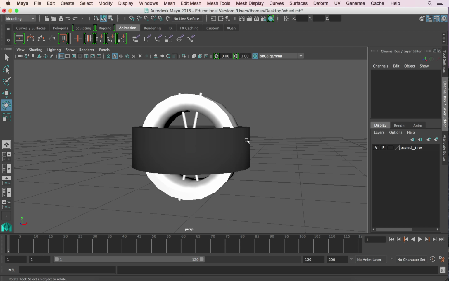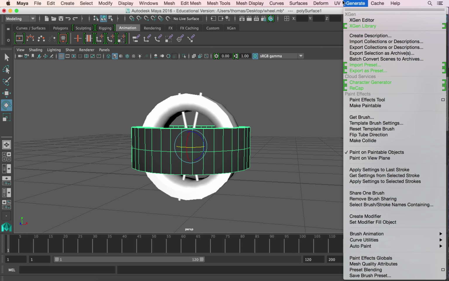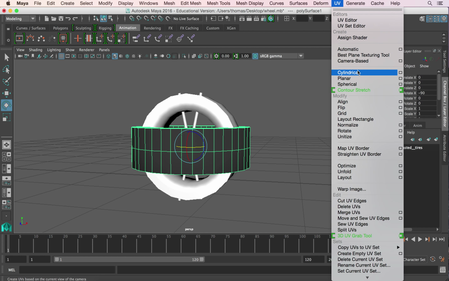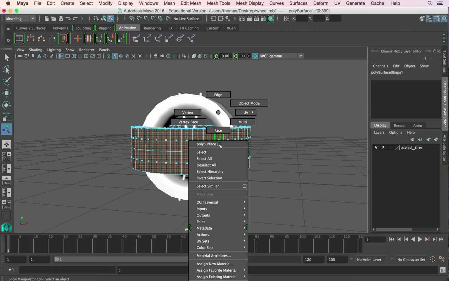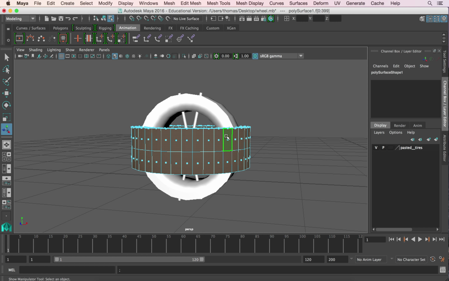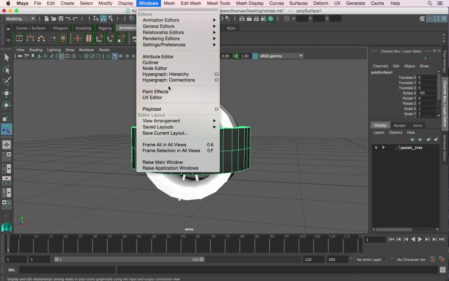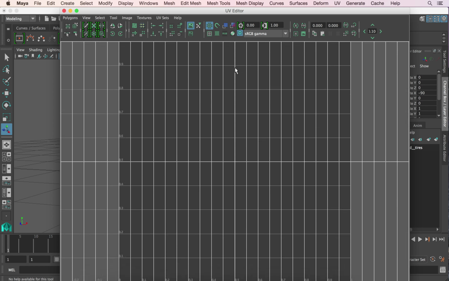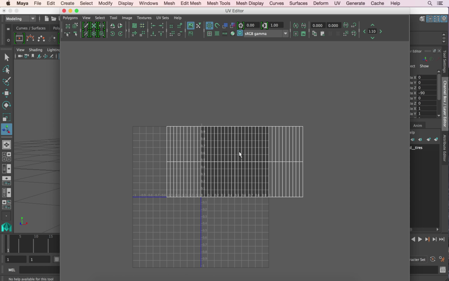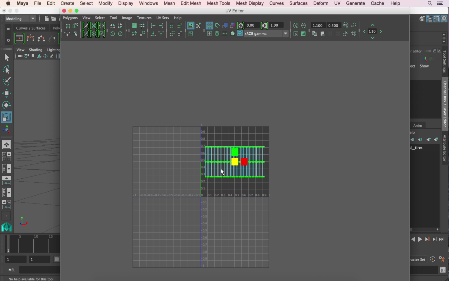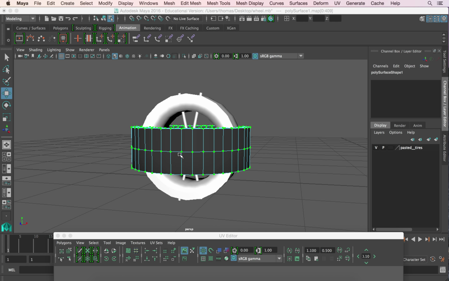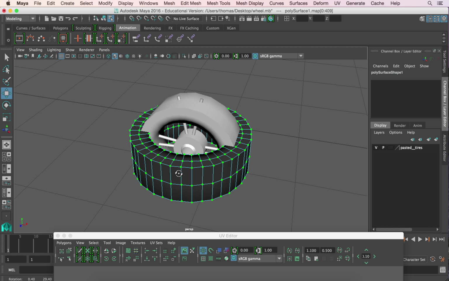I'll go ahead and grab it in object mode, and I'm going to go to view, UV, and do cylindrical. And let's see how it turned out. Okay, so we're going to go to Windows, UV. Alright, so there's your tire cylindrical UV. Now we do need to do just the front and top